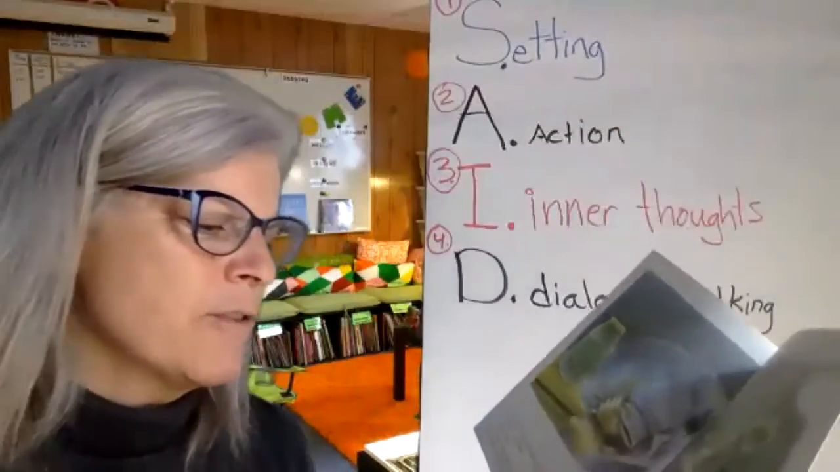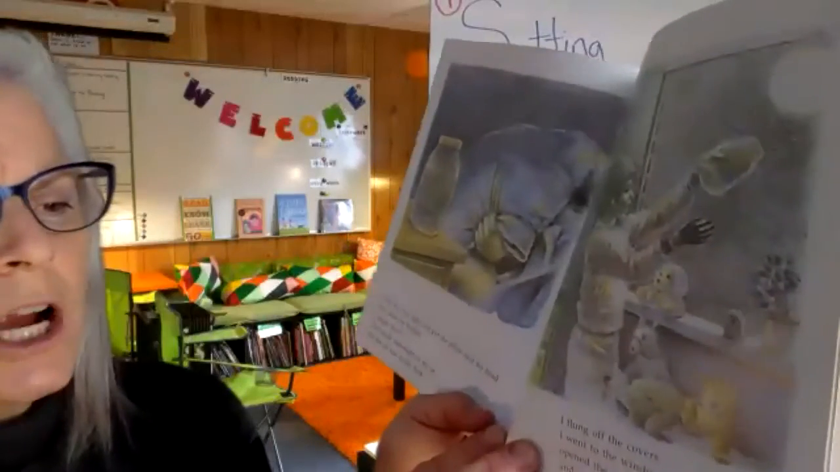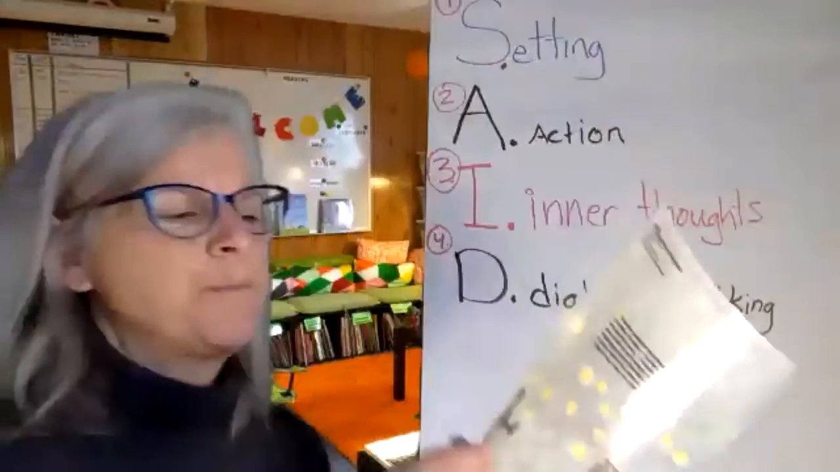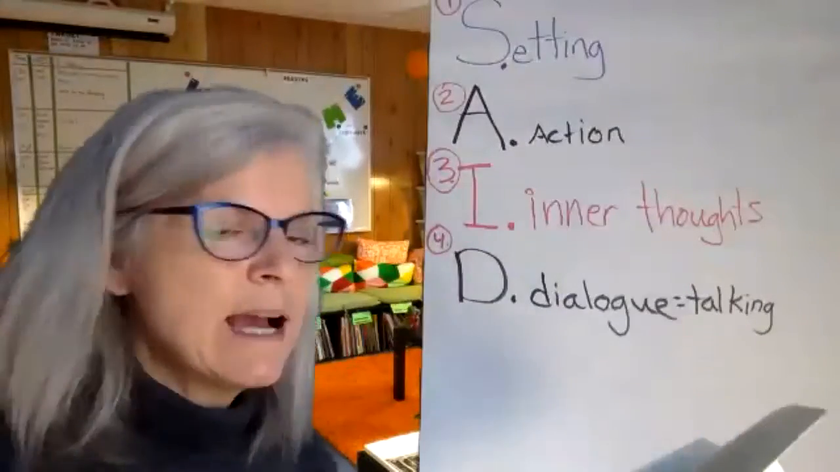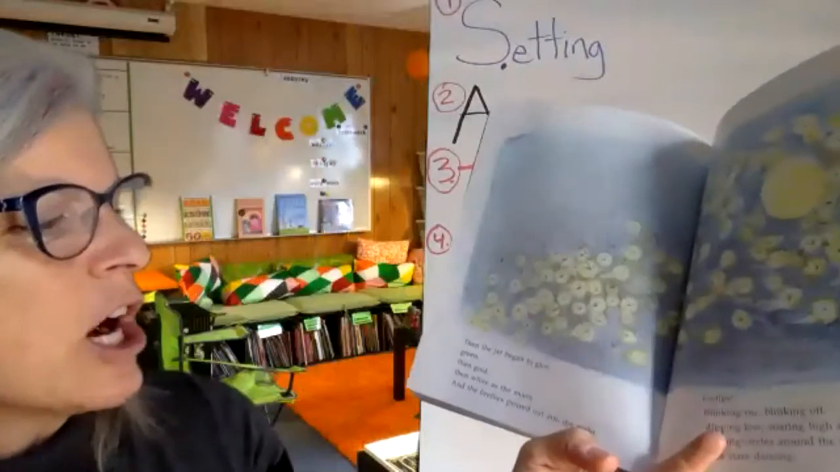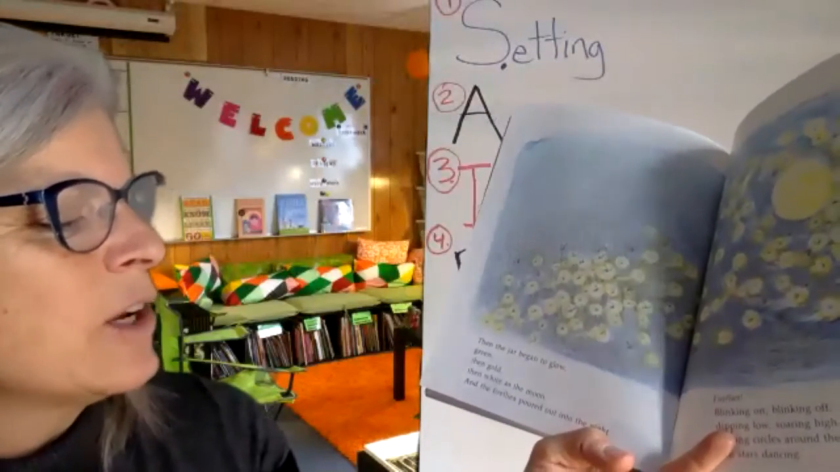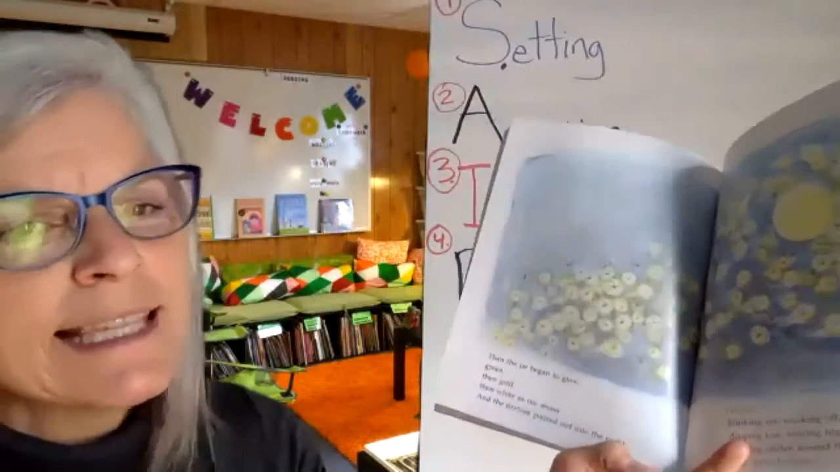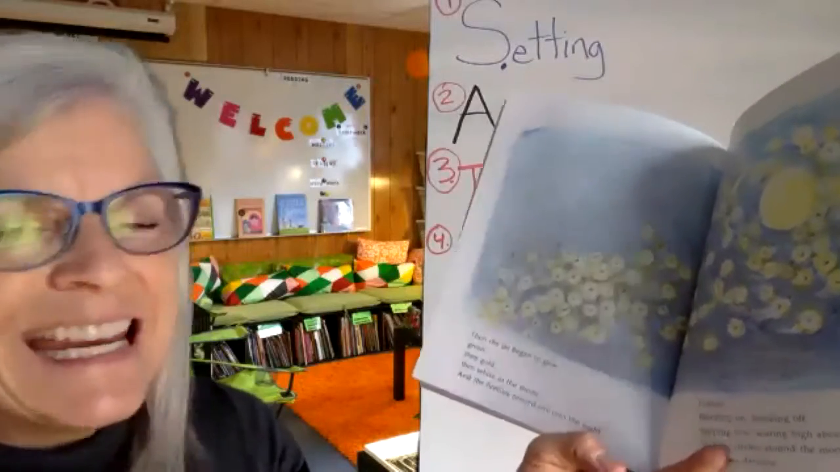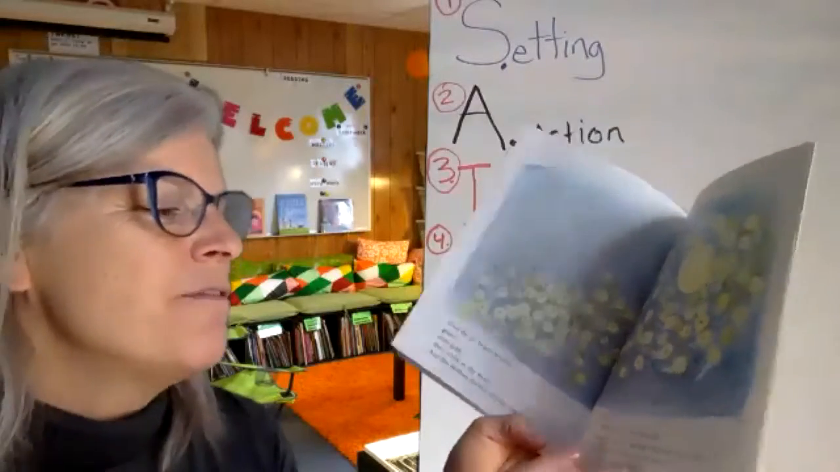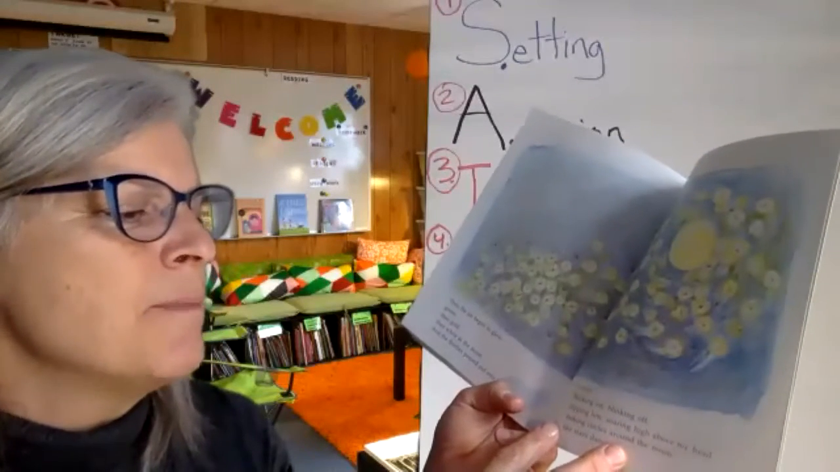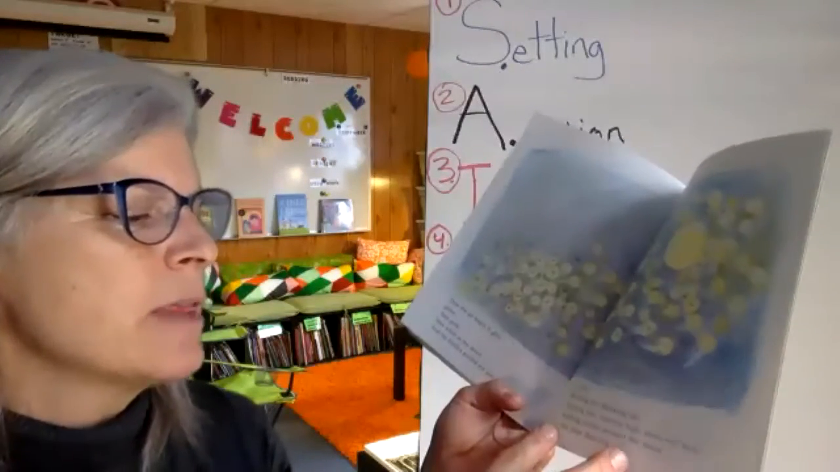I flung off the covers. I went to the window and I opened the jar and I aimed it at the stars. Fly. Do you see how slow things are and exciting? Then the jar began to glow. Green, then gold, then white as the moon. There's our setting again. And the fireflies poured out into the night. There's the action. Fireflies blinking on, blinking off, dipping low, soaring high above my head, making circles around the moon,